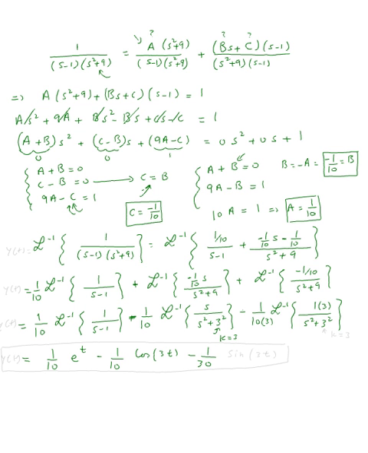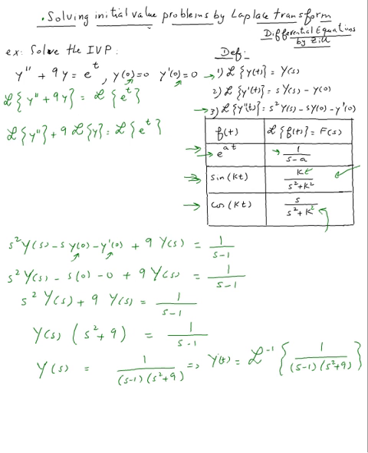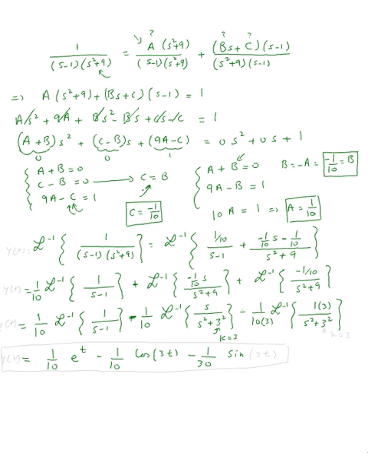And then this is going to be sine, looking at number 2, sine of kt. K is 3. So sine of 3t. So this is my y of t. So y of t is equal to this. So the solution is right here. And that's it for